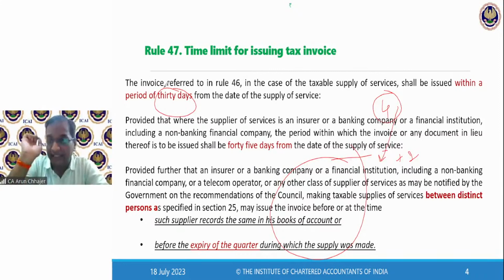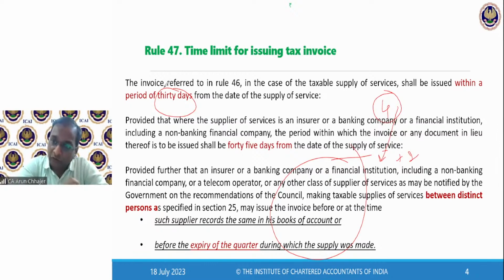Now the third category, in case of a distinct person. Suppose I am ICICI Bank Delhi and I am raising the invoice to ICICI Bank Mumbai. One PAN with multiple GSTINs is called a distinct person. If the invoice is raised between distinct persons,